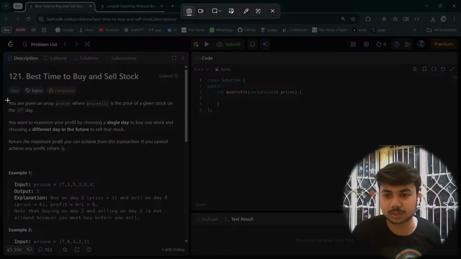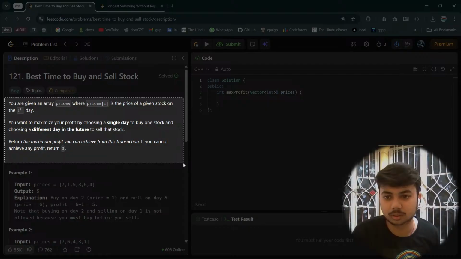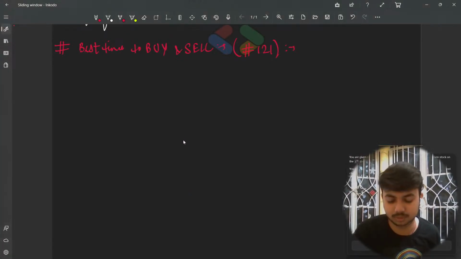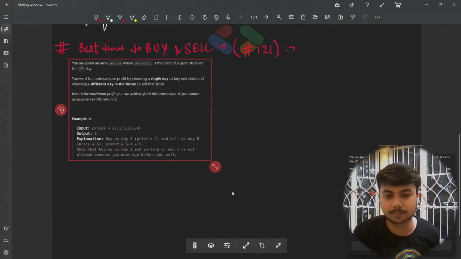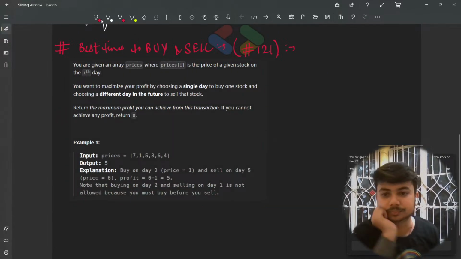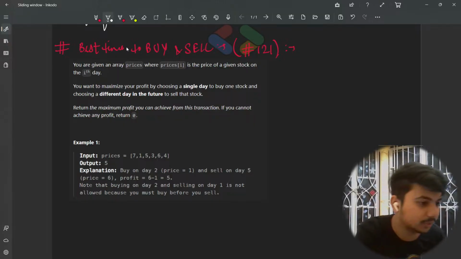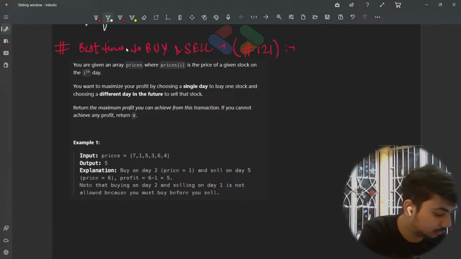Let me just put this problem there and then we'll see how it works. Okay. I'm also putting the example someday. Cool. So what this problem tells us is, first of all, I hope you have understood the concept of the